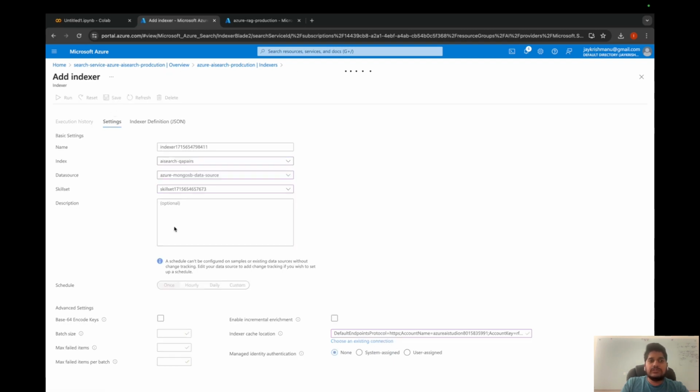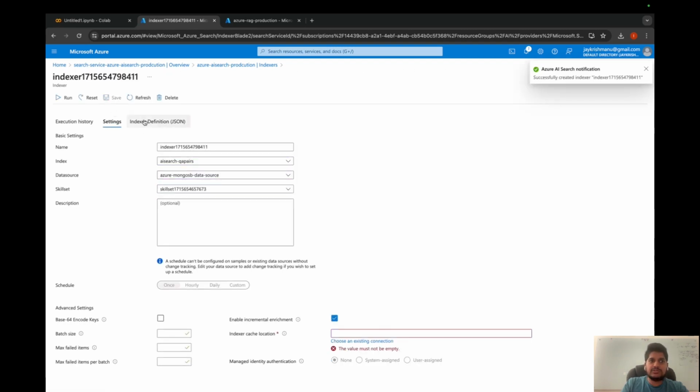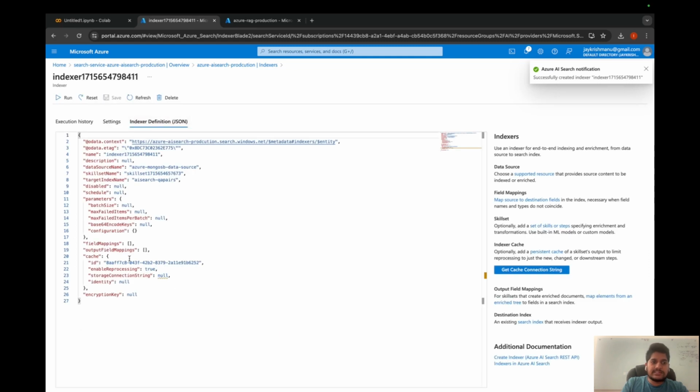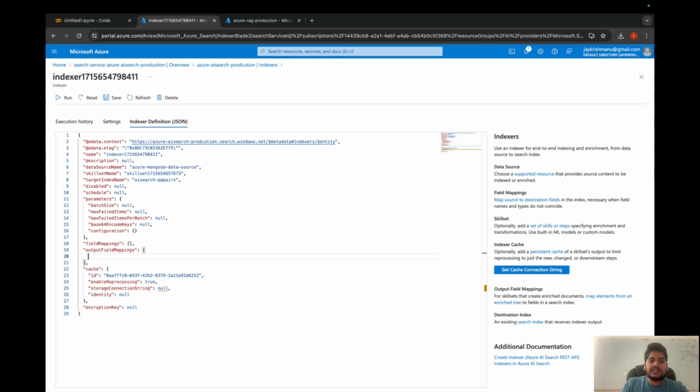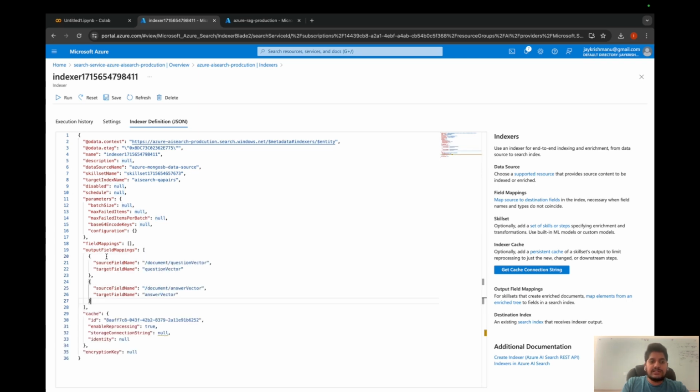After that, you need to do one very important thing. Go to the indexer function. Here is the place that matters a lot, where you need to define the output mapping for each one of them. You need to place two things here: you are getting the document question vector and mapping it to the question vector, and getting the document answer vector and mapping it to the answer vector. Just click on save and just click on run